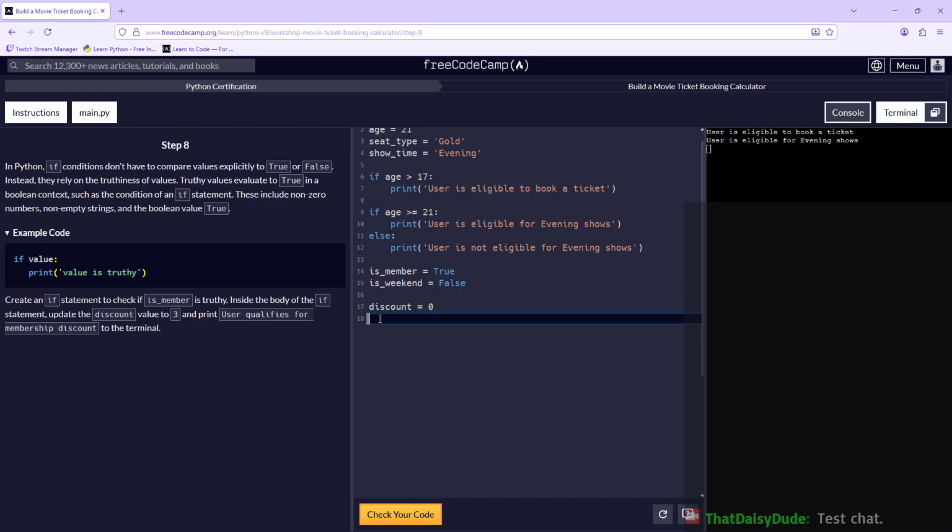Okay, in Python, if conditions don't have to compare values explicitly to true or false. Instead, they rely on the truthiness of values. Truthy values evaluate to true in a Boolean context, such as the condition of an if statement. These include non-zero numbers, non-empty strings, and the Boolean value true. Okay. An if statement to check if is member is truthy. If is member